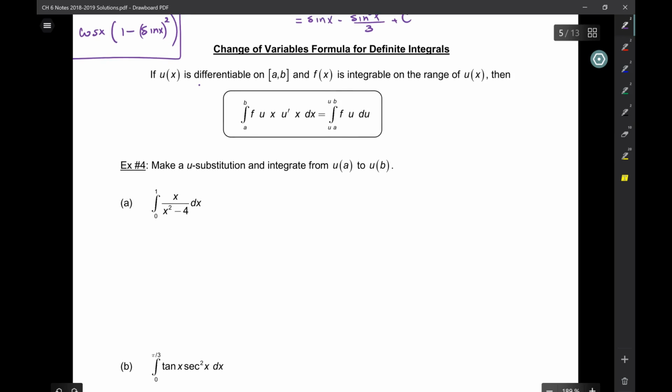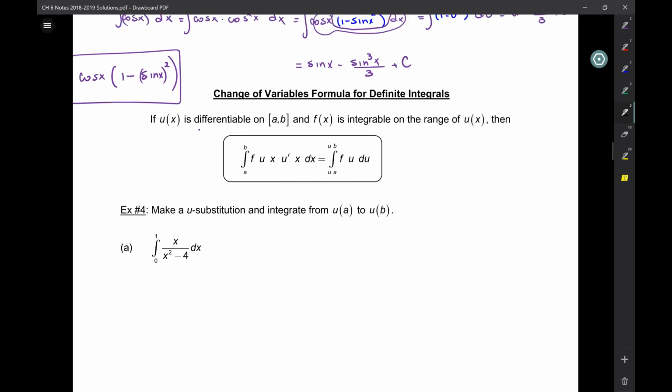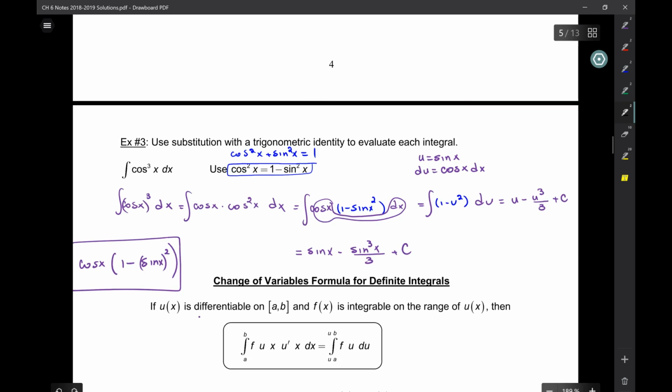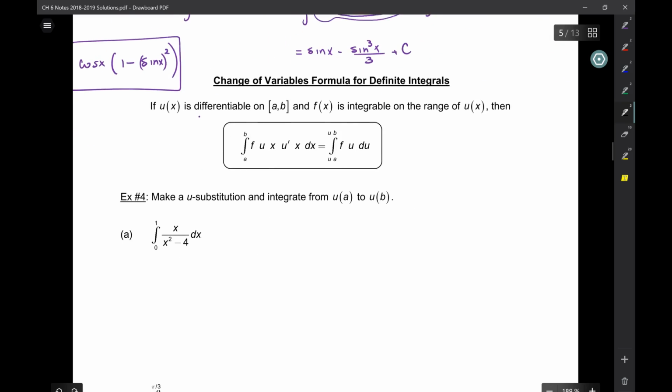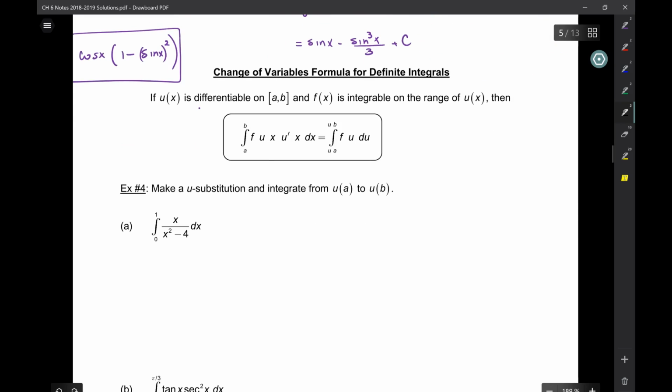Okay. So here, what if you have a definite integral? So what if you have bounds a to b, -1 to 2, 0 to 5? How do you do it then? Okay, so the way we do it is, if you have f of u of x times u prime of x, okay, when we integrate, basically we have